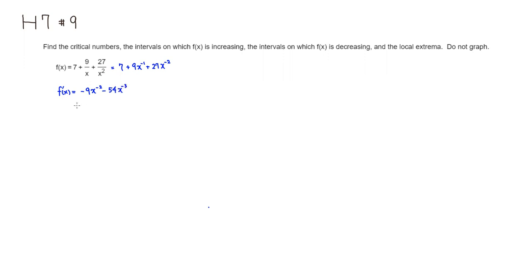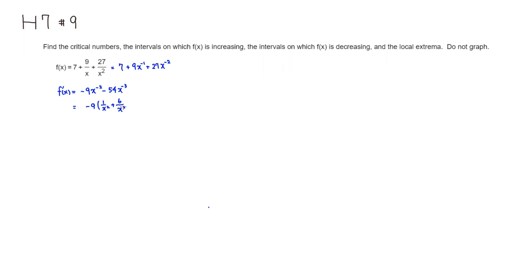First I'm going to pull out the negative 9. So you have negative 9, times 1x to the negative 2 power, which is 1 over x squared, and pull out the negative 9, so it's plus 6 over